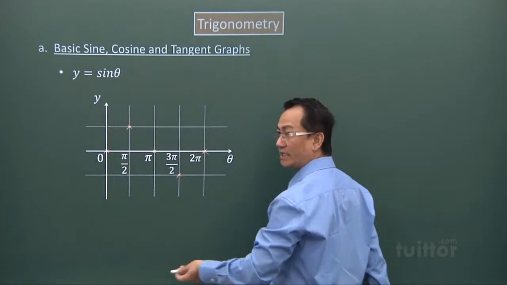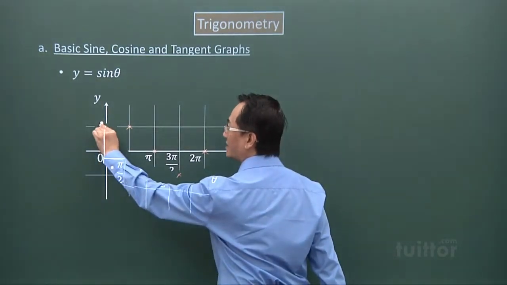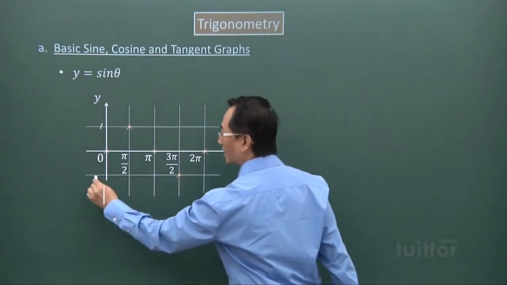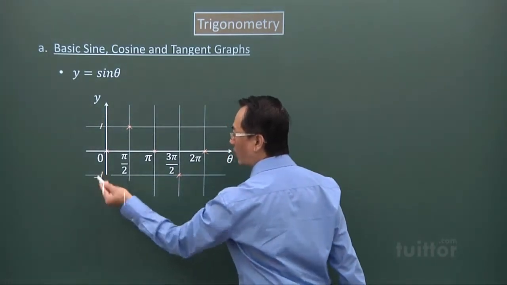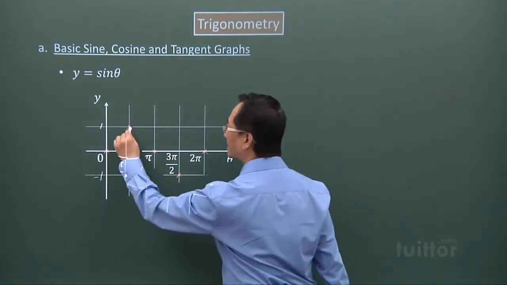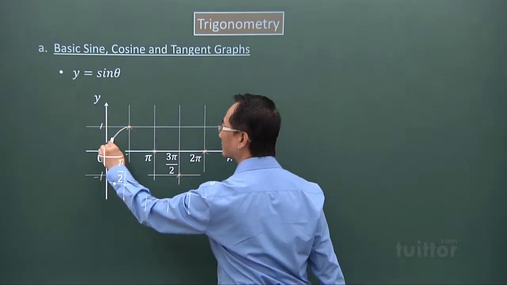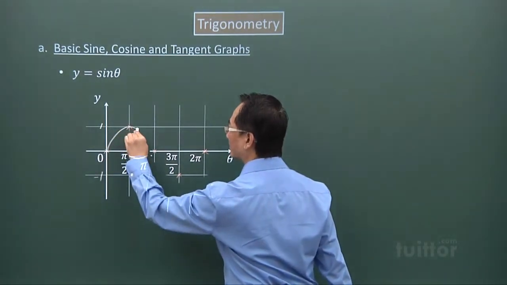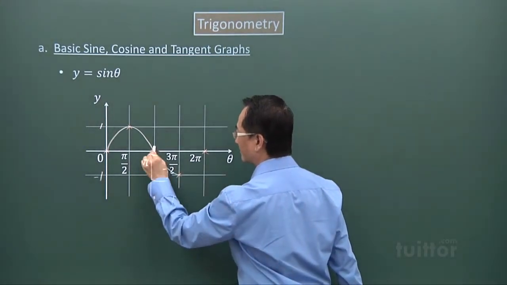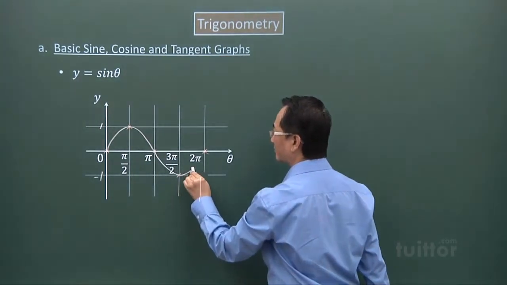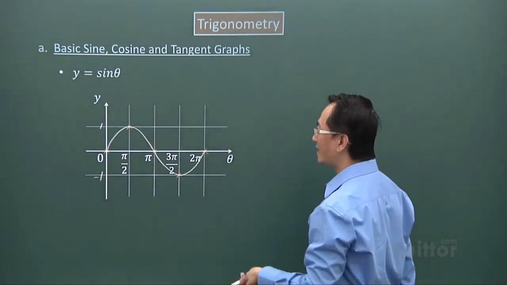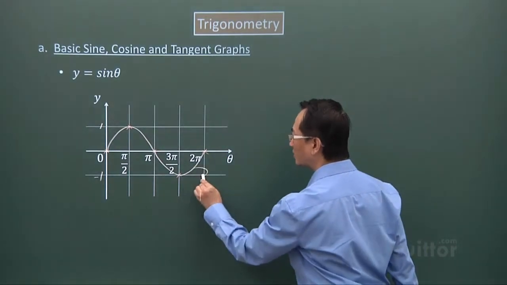So over here, the highest value of sine theta is 1. The lowest value is negative 1. If I join up this graph, it's a nice curve. So that is your sine curve. So it's important to label it